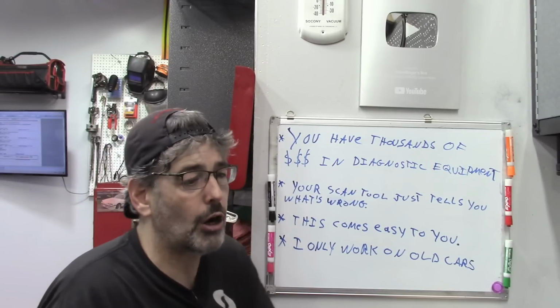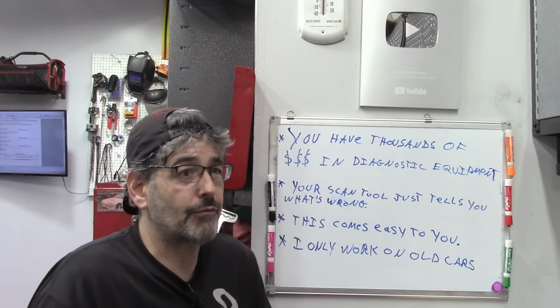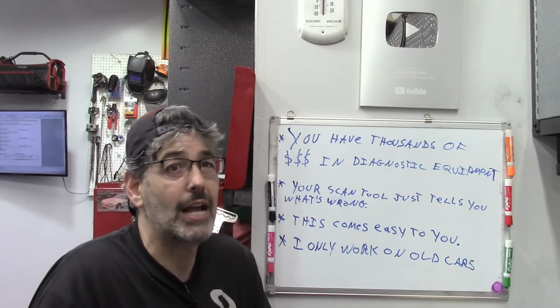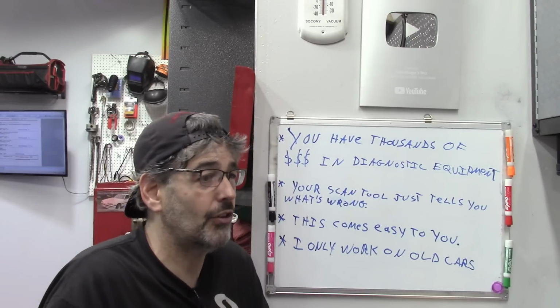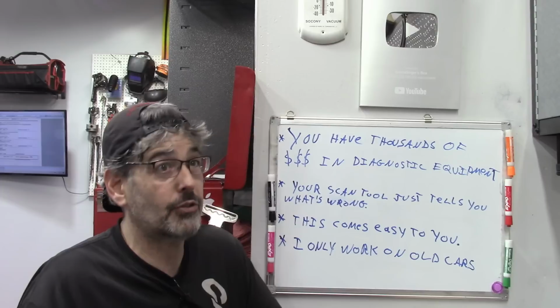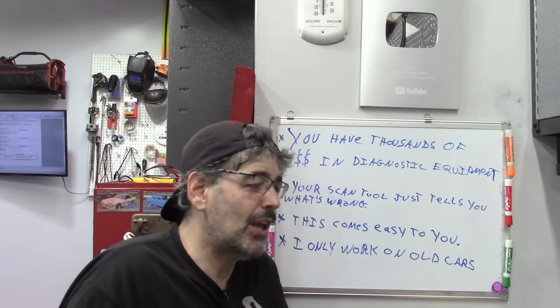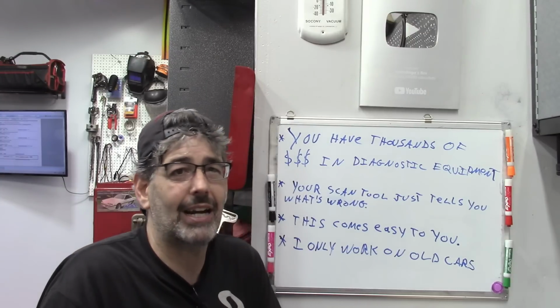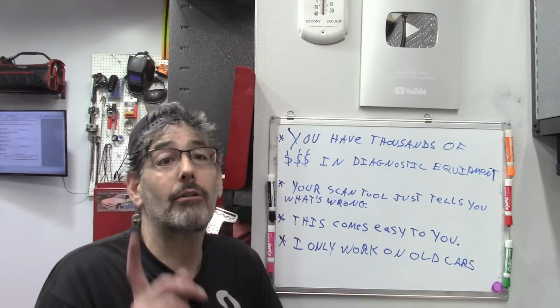But with old cars, yeah, of course, if you only work on old cars, then you only have like 4 parts you can guess on at best. That's why they did tune-ups back then, because if you did the distributor cap, the plugs, and the wires, odds are you pretty much fixed everything. There wasn't anything else to fix. So the other thing is people were just as bad at diagnostics back in the 60s and 70s as now. As a matter of fact,